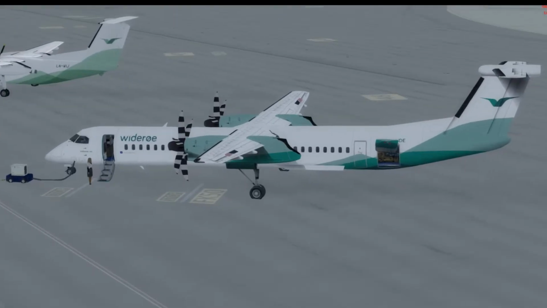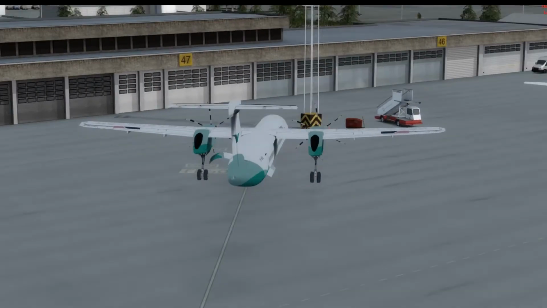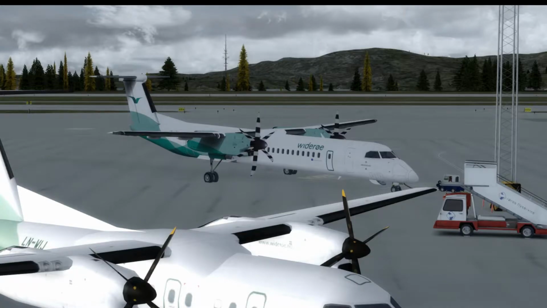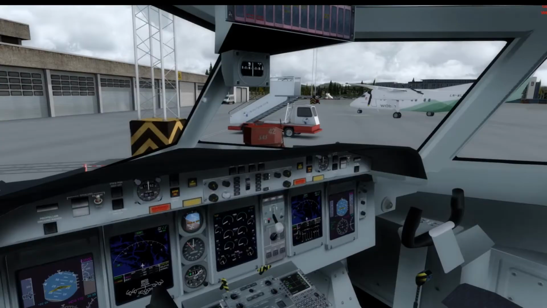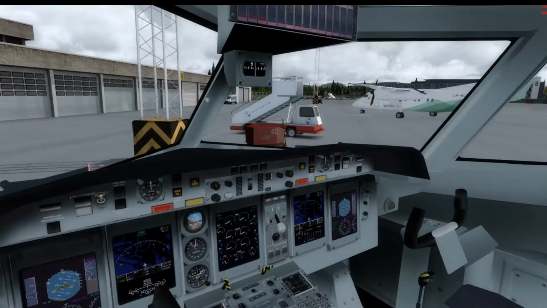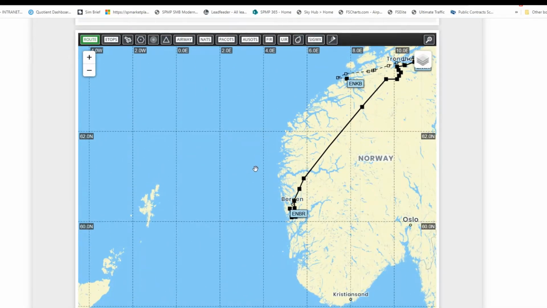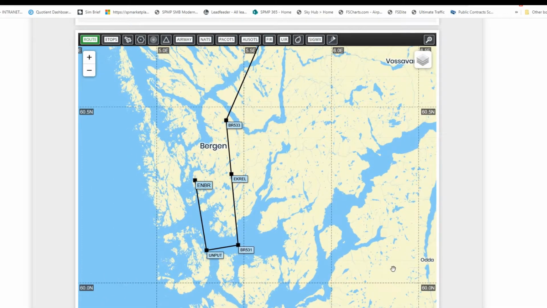We're still in Bergen, Norway, and we're about to fly the Virtualcol Dash8-Q400 in the livery of Wideroe, Norway's largest commuter airline, up to Trondheim. Wideroe predominantly fly the Dash8-Q400 on this route. The flight time is just a little over 1 hour. In fact, they quote it on their website as 1 hour and 5 minutes. But the interesting thing is, if you wanted to drive this route up to Trondheim, it would take you nearly